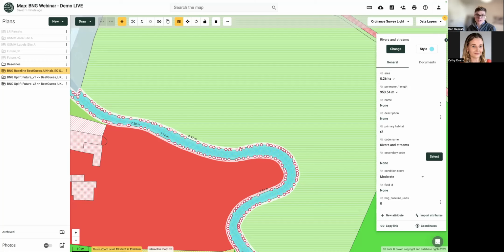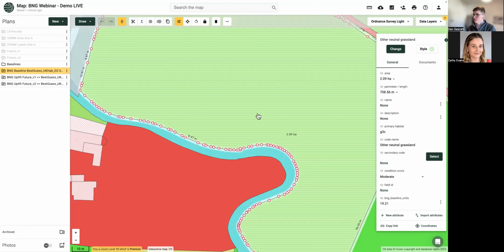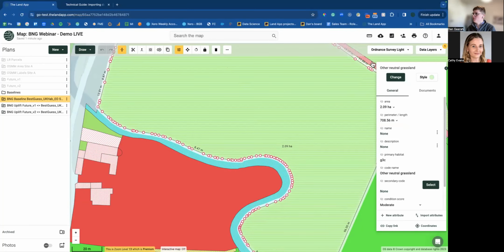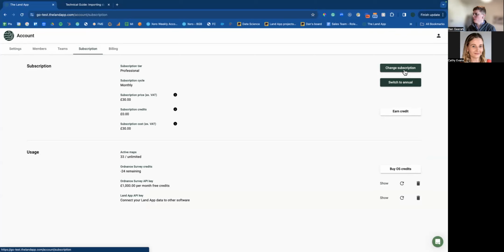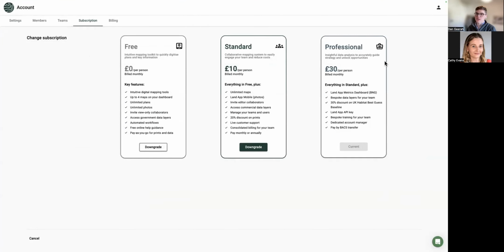Could we recap on the costs? Yep. So the first cost is £30 a month per user for the subscription. To access the tools, you need to be on a subscription of the professional, so £30 per user per month. If you go for an annual upgrade, you get 10% discount, so £324 a year. And that gives you unlimited access to the BNG tool and a whole lot more, which you can see on